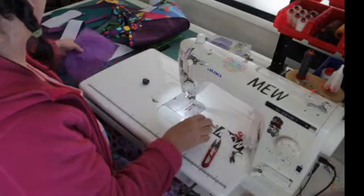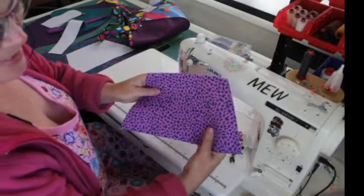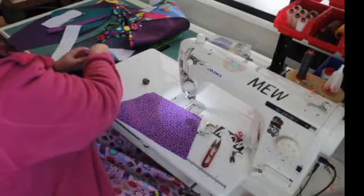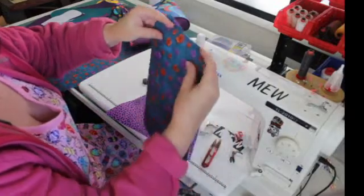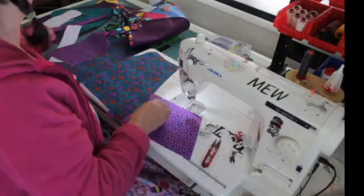So this is the contrast fabric. So this will be the slip pocket. And then this is the lining fabric. So that's the main, and this is the little bit of pop that you'll see over the edge. And then the leather,